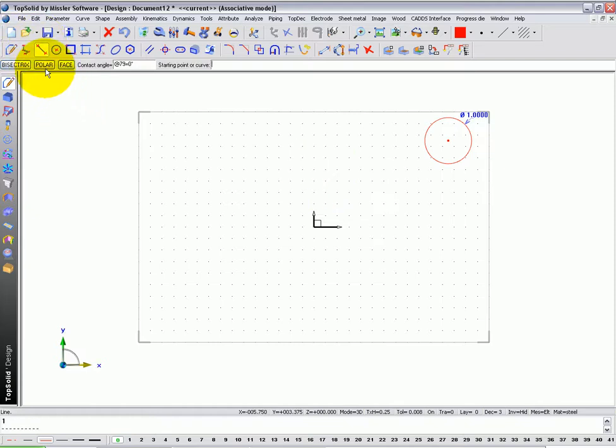Next, we're going to talk about using polar lines. Polar lines are indeed very powerful. A polar line is a line defined by a single point, a length, and an angle. The length can actually be described as a secondary point as well. For example, I'm going to create a line that's at 0 degrees, starting at this point here, ending at this